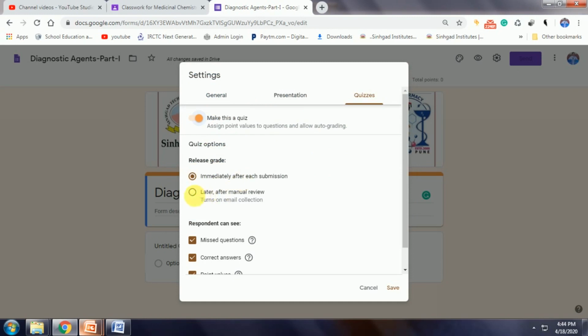If you are making a quiz which consists of MCQ as well as short answers, the latter option is more preferable, because short questions you have to check manually and then give the marks. But for MCQ, the first option is very good, you can immediately release the marks.